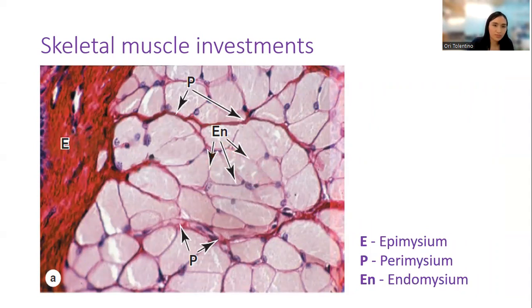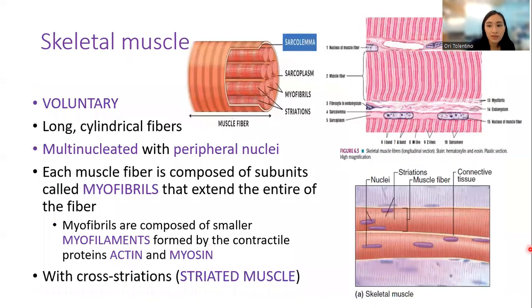The first type of muscle tissue we will discuss is your skeletal muscle. It is voluntary, which means you can move it out of your free will, unlike those that move automatically like the heart, which are called involuntary muscle. This voluntary muscle will move if you want it to move.